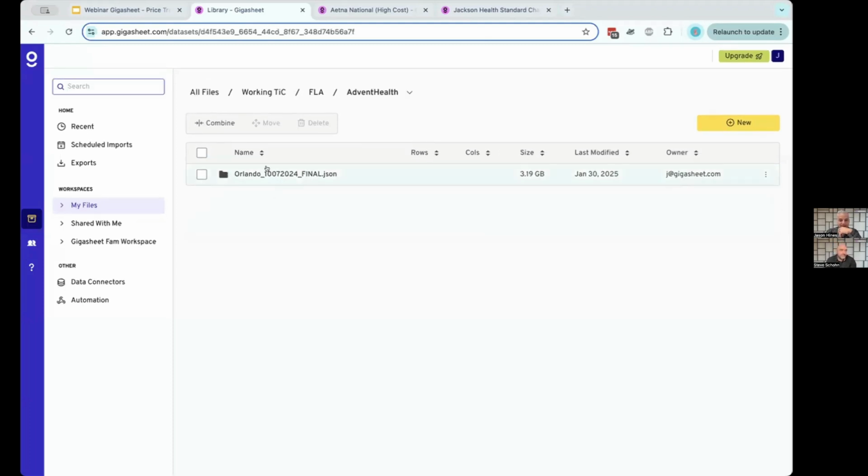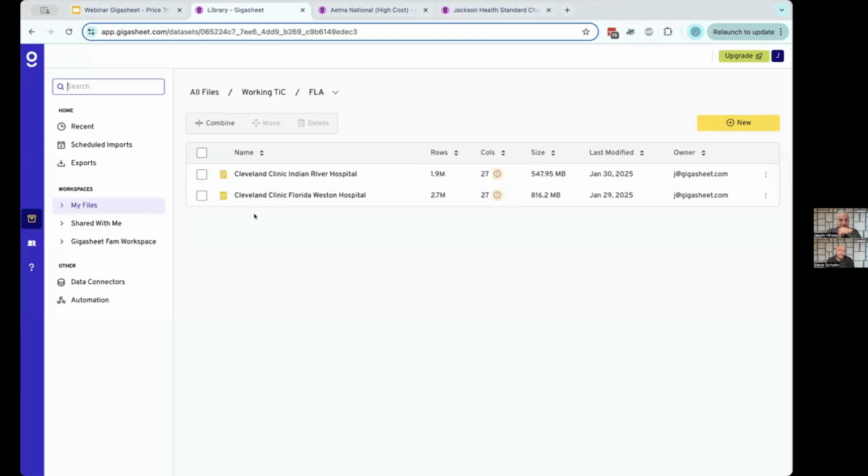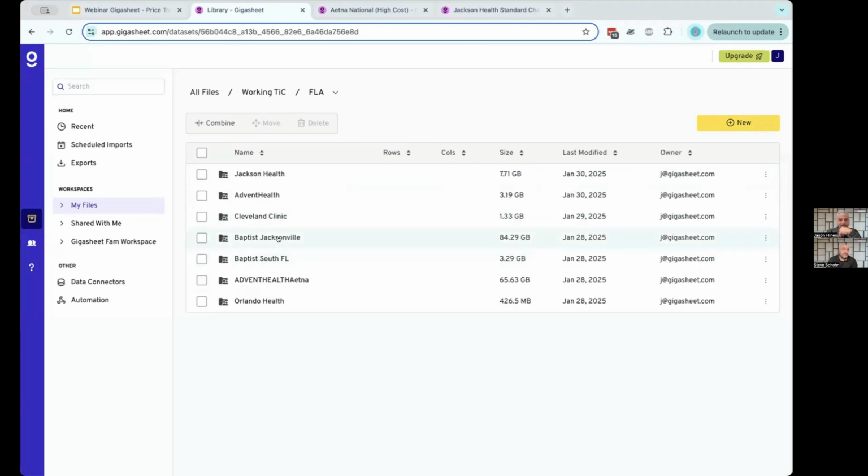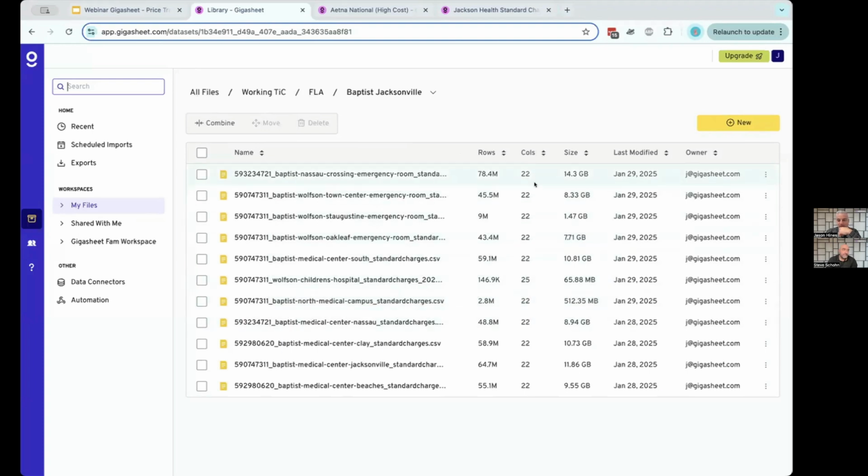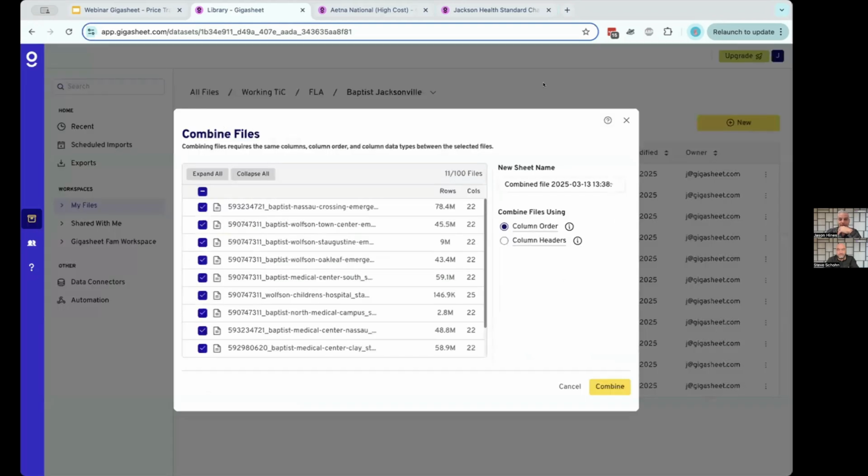These guys publish in JSON, Cleveland Clinic. They're pretty clean. So these all look good, right? Except for this one. Often this happens when maybe they've acquired a hospital, right? So these all have 22. This one has 25. I'll just give you a quick preview. I'm not going to go through the whole thing here on the fly, but